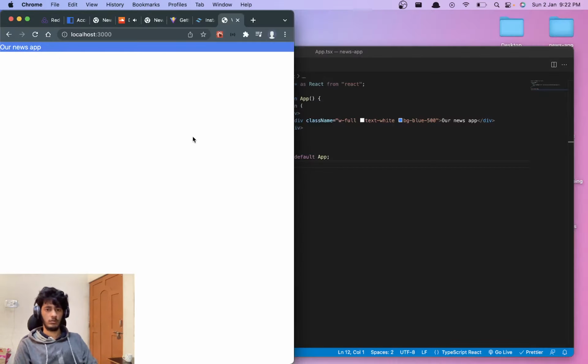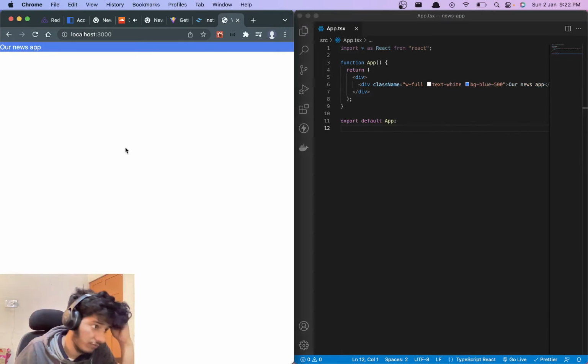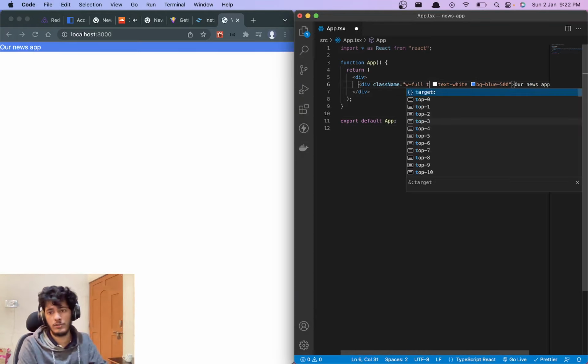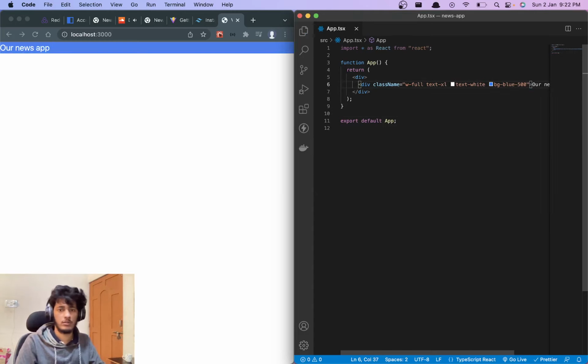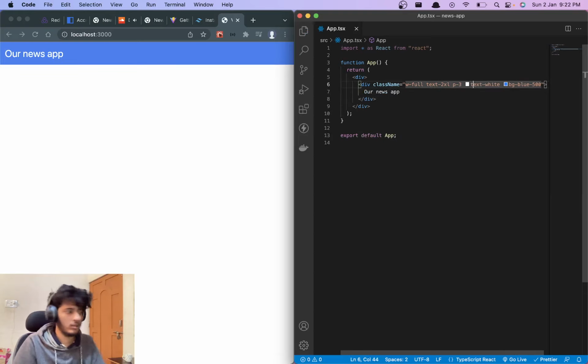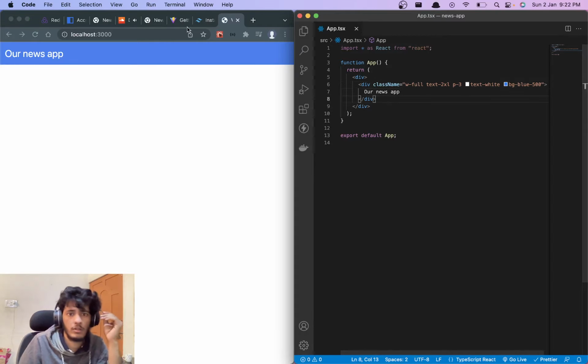Yeah, see, that's how it looks. So here we have our app, and here is where we are building it. Let's increase the text size, make it text 2xl, and give some padding, maybe 3. We are not focused a lot on the UI right now, we just want to learn the core part. We just want to make it a little bit beautiful so it doesn't look crappy. That's why we are putting a little bit of Tailwind CSS there.